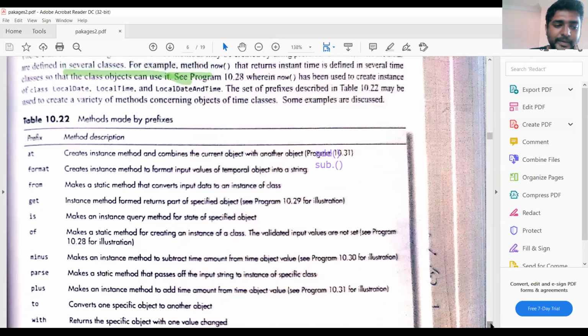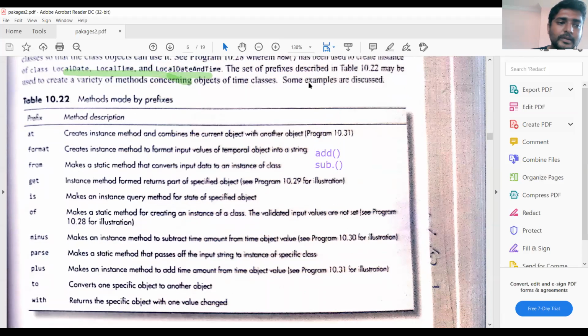So let us see the available prefixes. The most widely used one is of, and then plus and minus. These are the mainly used prefixes, the of method, and then minus and plus. These prefixes are added to the existing methods, then their execution will alter. Suppose we have created the method add.